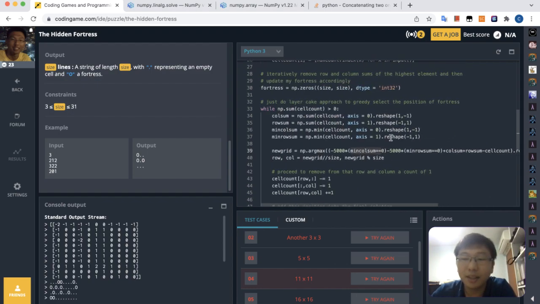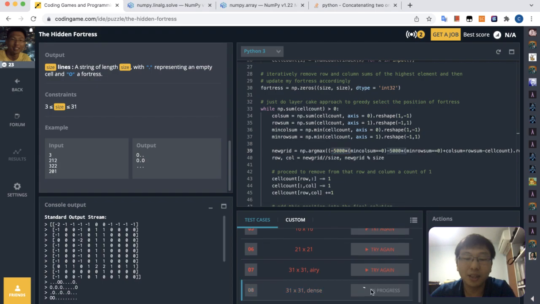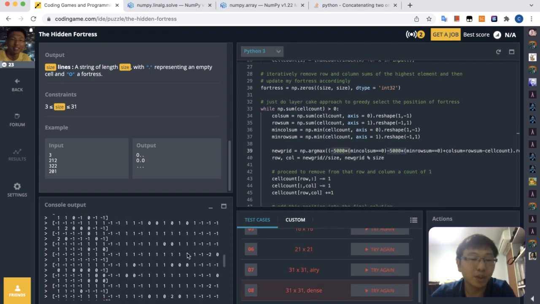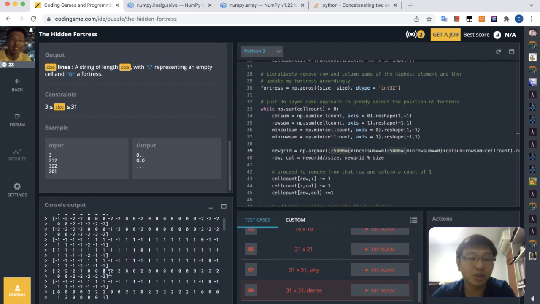So it could be that even though I made it minus 5,000, based on the way that we remove it, it could be a case whereby even if I subtract 5,000, that is the best possible move to take, because all other moves will violate this assumption. So let me just see the 31 by 31. Actually, it became worse if I put this thing here, because then it will go to another solution. Then you see here's -2. If I didn't put in this thing here,